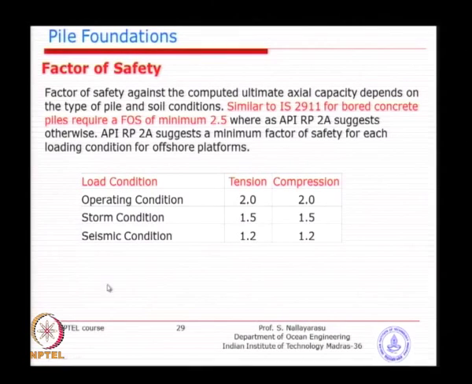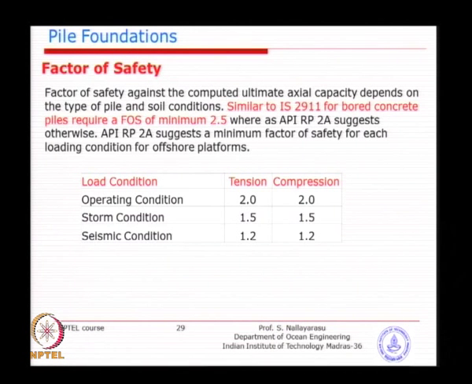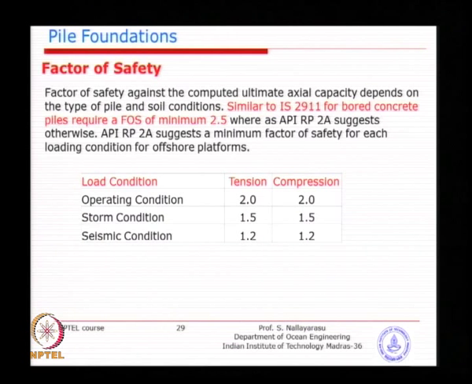Sometimes you do not have much information, you better design with a higher factor of safety. So, 2.5 is something that most pile foundations for coastal structures have been designed for, whereas API suggests, because we have steel tubular piles of deeper penetration, unlike coastal waters, a minimum factor of safety of 2. Of course, nobody is going to argue if you give a factor of safety of 2.5 or 3, but it is going to cost you more effort and money. As a minimum for offshore structures, piles loaded in compression should have a minimum factor of safety of 2.